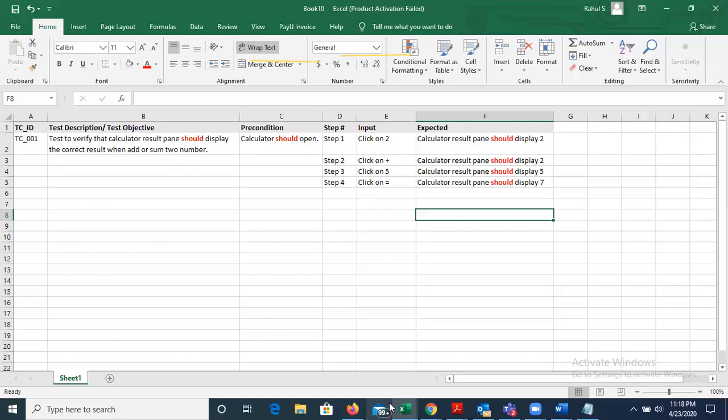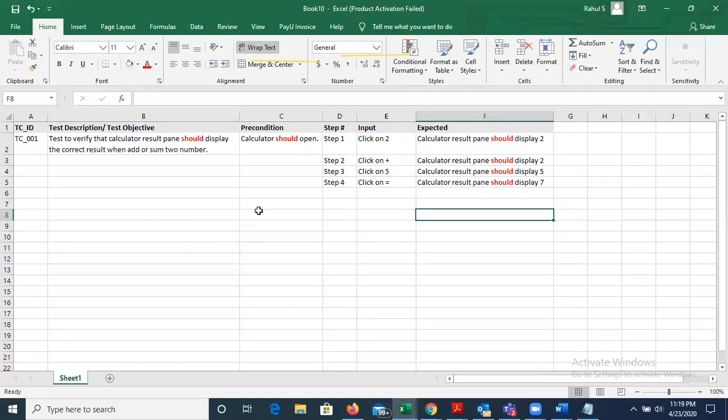So this is the thumb rule. For designing a test case, you always have to use the word should in your test objective, in your precondition, and in your expected result. Especially in the test description or test objective and expected result, you always have to use the word should. Otherwise, your test case will be wrong. This is the one thumb rule.